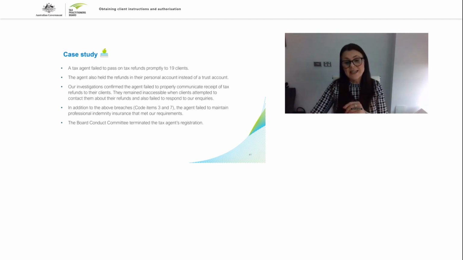So our investigations into client complaints confirmed that the agent failed to properly communicate the receipt of the tax refunds to his clients, and they remained inaccessible when clients attempted to contact them about the refunds, and failed to properly respond to our queries regarding these complaints. In addition to the above breaches, so they were Code Items 3 and 7,